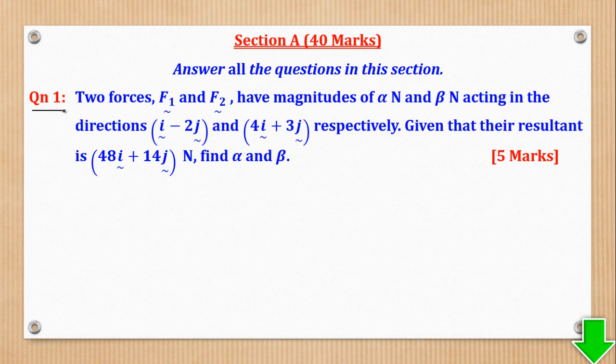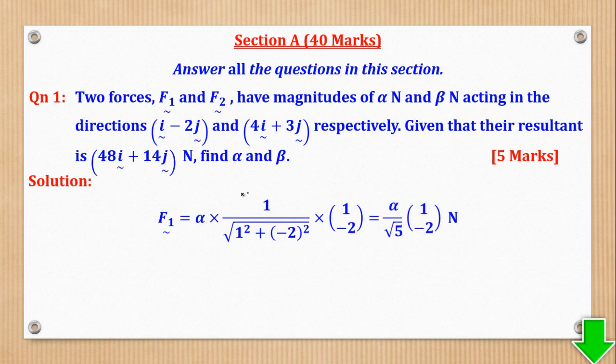So section A, question 1 says, two forces F1 and F2 have magnitude this and this. Magnitude, know that word magnitude. Acting in the directions this and that, respectively. Given that their resultant is this, find alpha and beta. So alpha and beta are magnitudes, they are not vectors. When you have magnitude and direction, you can get the vector